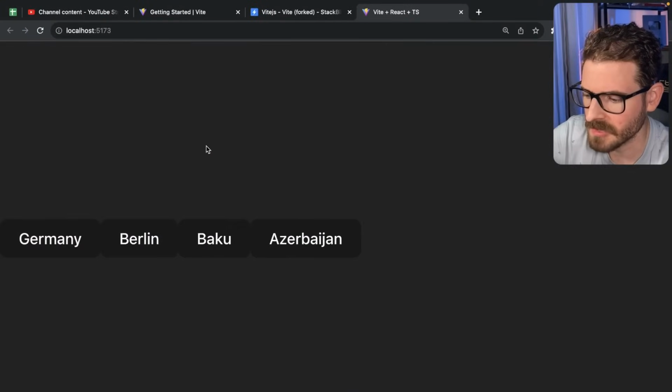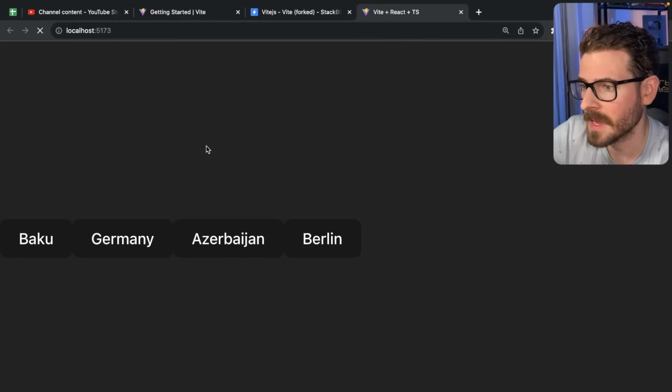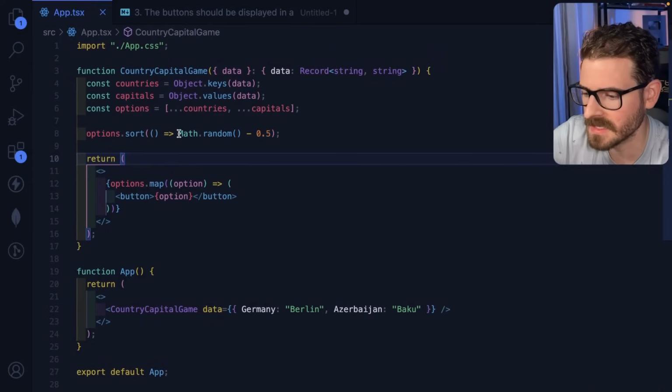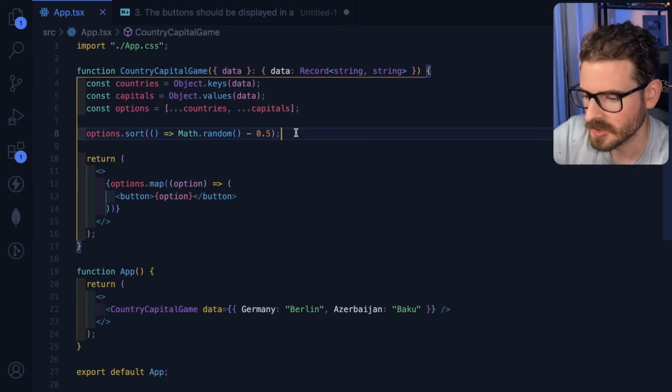Let's just verify every time I do this. Is this random? I mean, it seems pretty random. I don't know if that's the proper way to do it, but basically what I'm saying is give me a number between 0 and 1, subtract 0.5 from it, so that the range is going to be negative 0.5 through